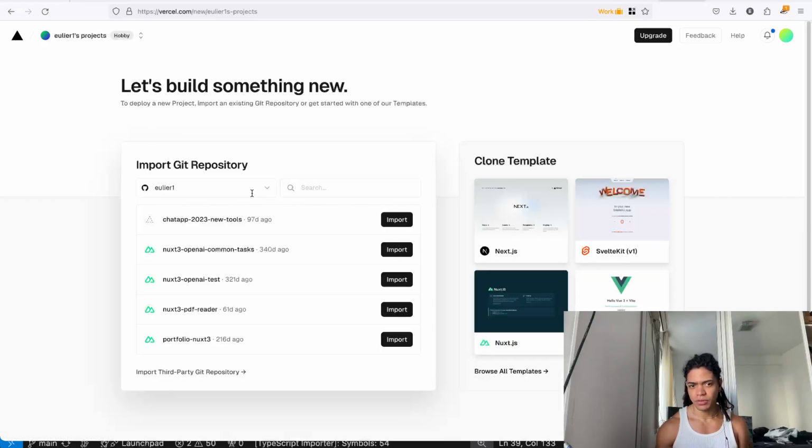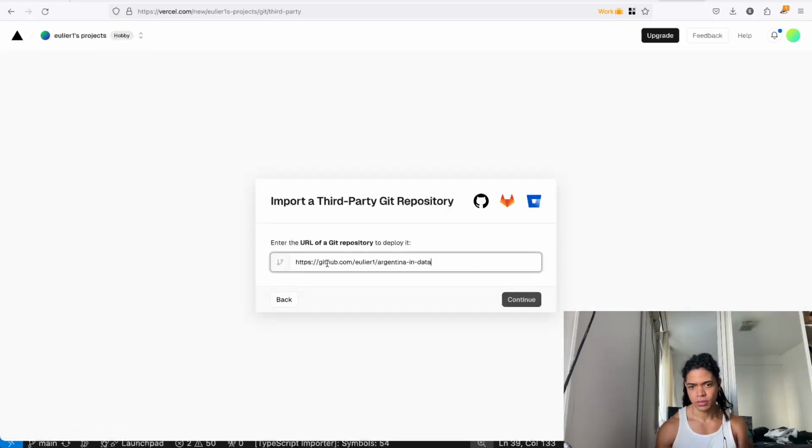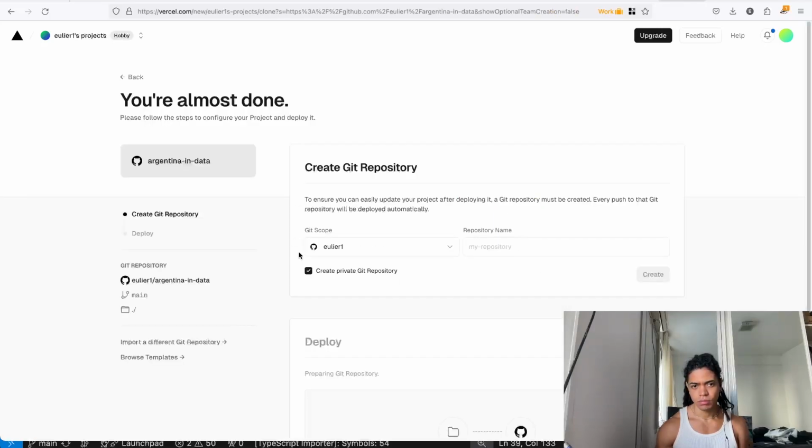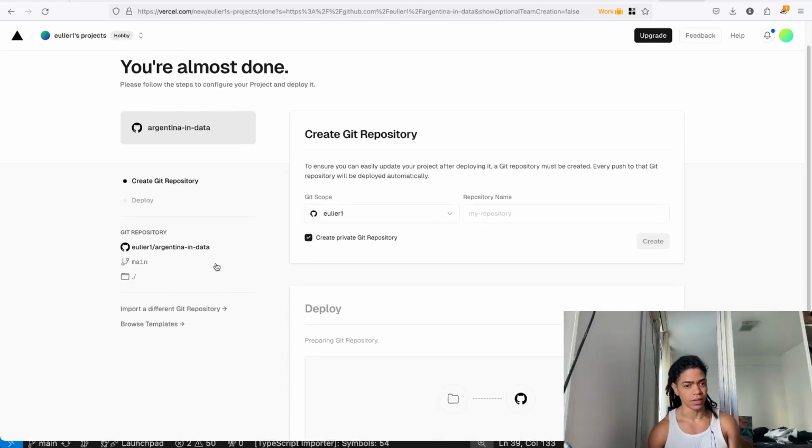That's the interesting thing. I don't want to import a third-party Git repository like this one, but you're telling me to create that. I already have that.